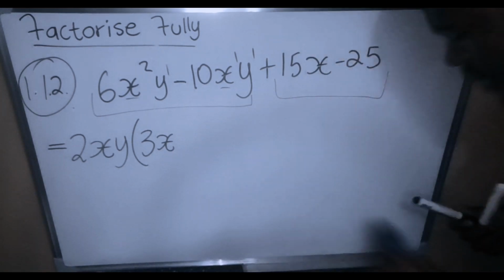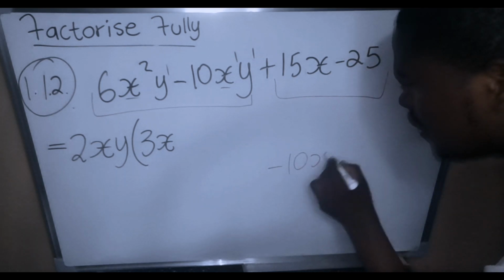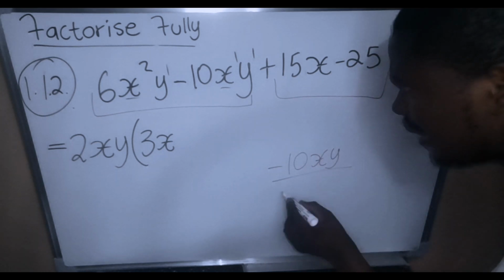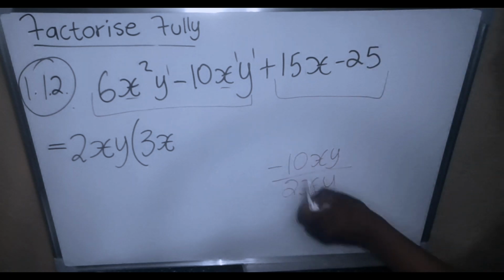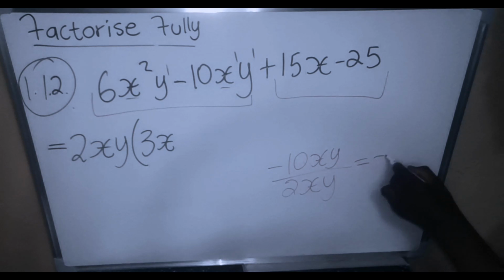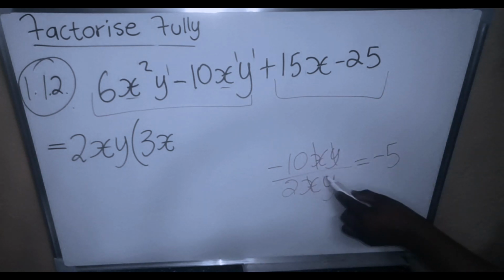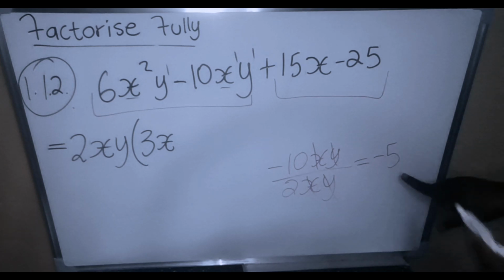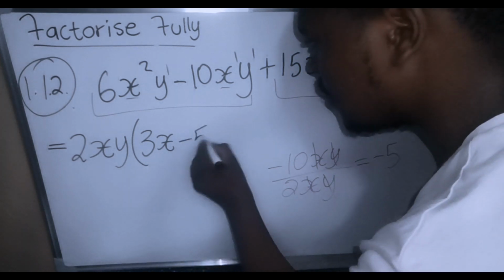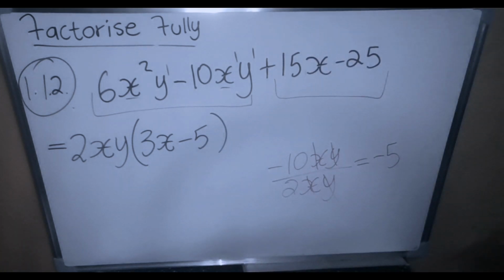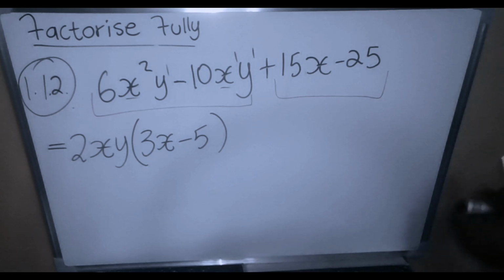Then the second one here, it says negative 10xy divided by my highest common factor, which is 2xy. Then negative 10 divided by 2 is negative 5. Then x divided by x is 1. y divided by y is 1. Therefore, I'm left with negative 5 only. I'm going to write it here, minus 5. I hope we are clear on that one. Again, guys, we are clear. Now, the second bracket,